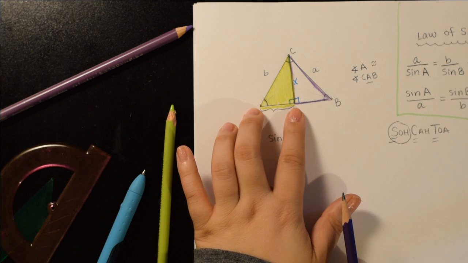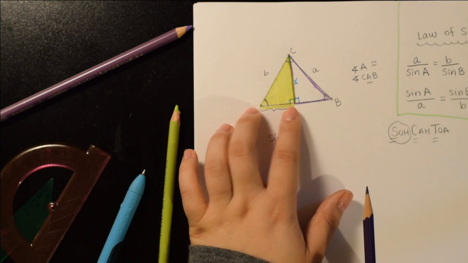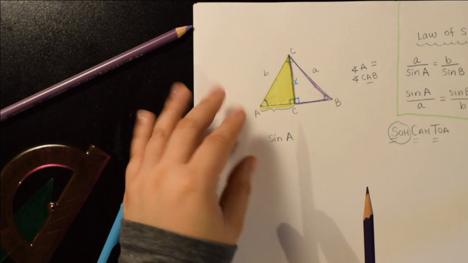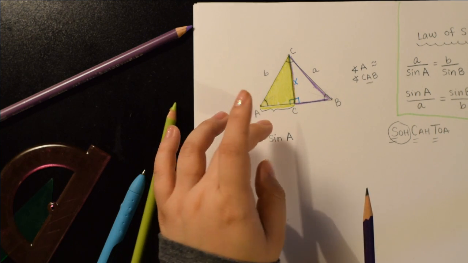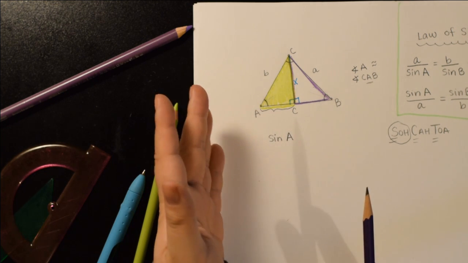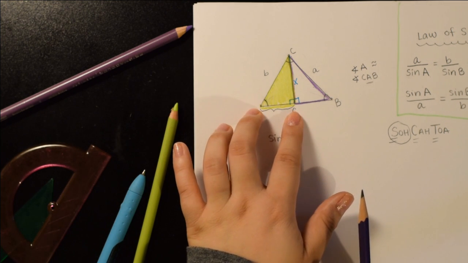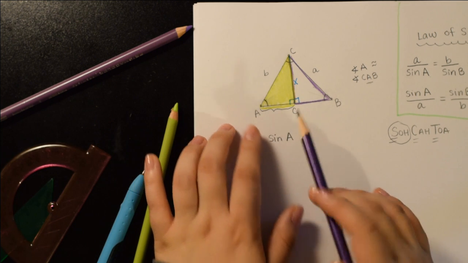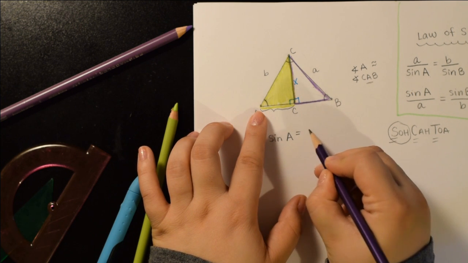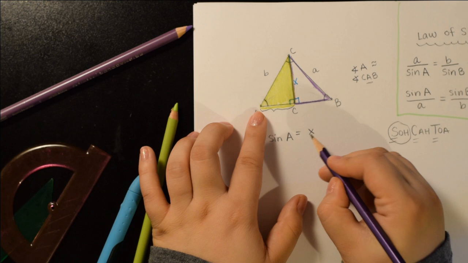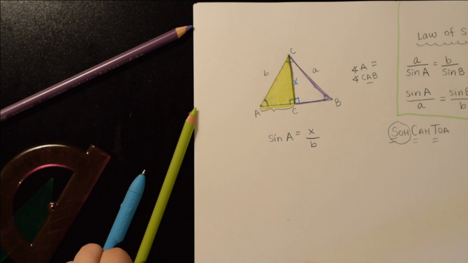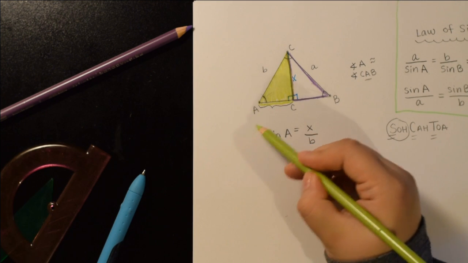I could use the Pythagorean Theorem now that I know B and X. So this squared plus X squared should equal B squared. Therefore, just using some algebra, the length of this is the square root of B squared minus X squared. But because I'm doing sine A, I don't actually need that. So sine A is the length of the side opposite my A, which is X, over the hypotenuse, which is B. Ta-da! That's it. So I'm going to start with that equation, and that just comes from my